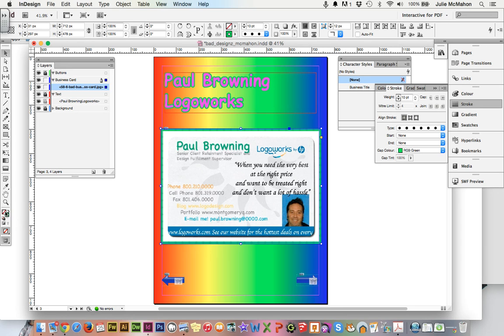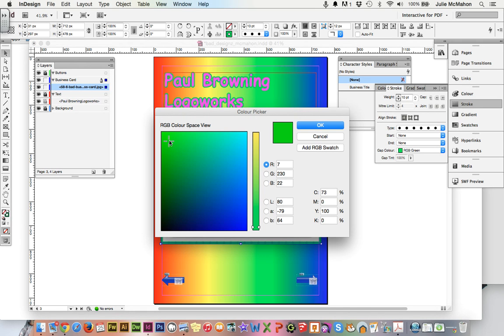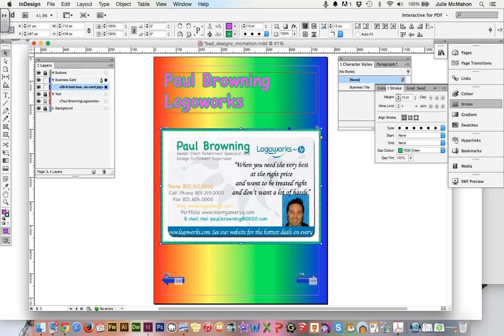And for the color of the dots, there we go. So I've got the stroke color of the pink, the gap color of green,